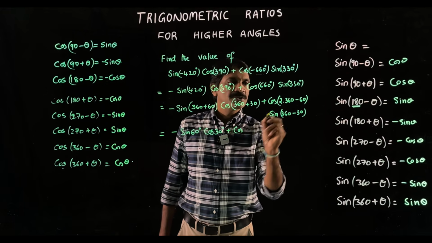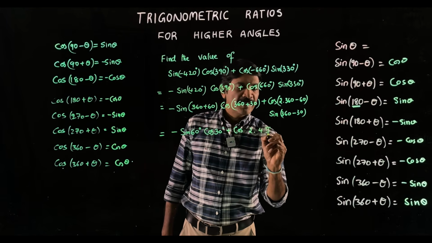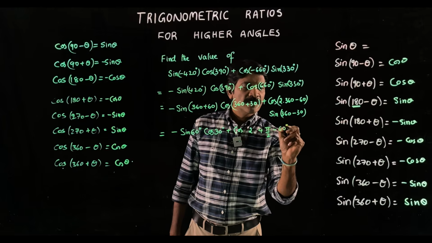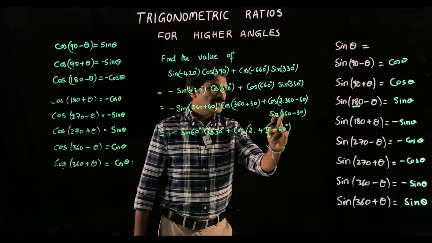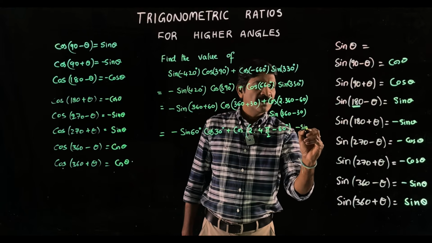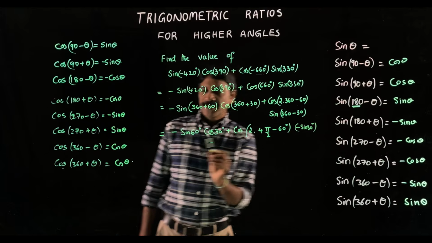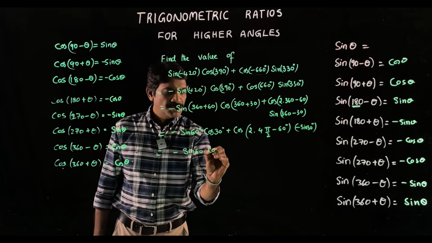So 2 times 360 is nothing but 4 into 90, minus 60 degrees, into sine 360 minus theta, which is minus sine theta. So minus sine 30 degrees. Here it is minus sine 60 into cos 30 degrees